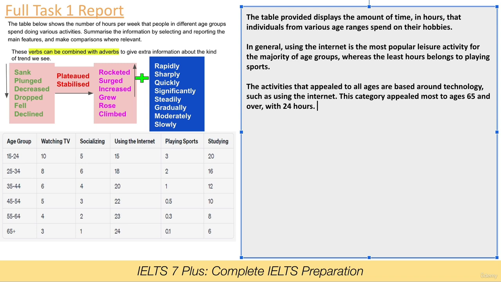Okay, let's move into watching TV. Watching TV, on the other hand, was